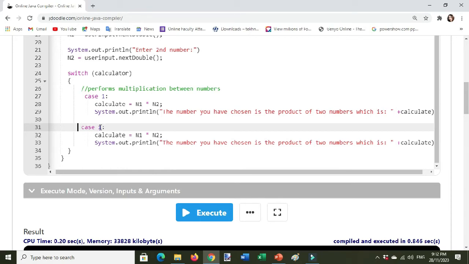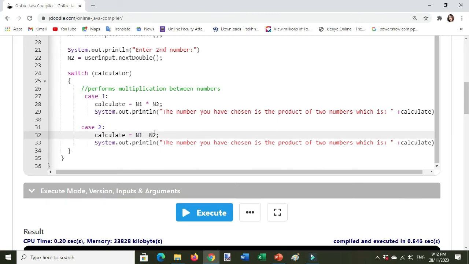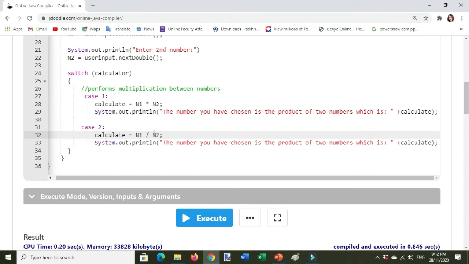So from case 1, we will write here case number 2. And then we are done with the multiplication between numbers. So this time we will perform the division. Slash is the symbol of division,